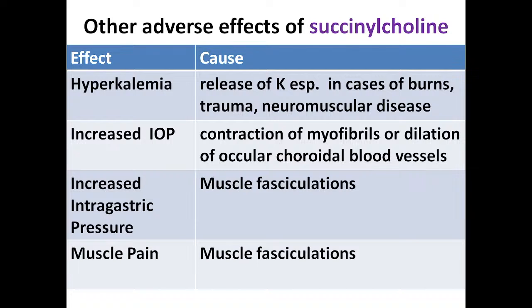Now, succinylcholine has some typical adverse effects which can be very serious and which form a lot of contraindications for this drug. One of them is potassium release causing hyperkalemia. When muscles contract, there tends to be release of potassium from the muscles. This usually doesn't matter for a normal person, but